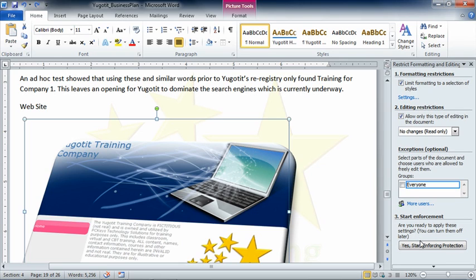And then you also can come down and say start enforcing protection, at which point we'll need to put in the password twice, just to make sure that we have it right. At that point, the document will be locked. If you want to work with it, you will need to click the button over here that allows you to stop enforcing protection, and you'll need to know the password. But this is really the way that we can get a lot of control over what happens in our document, beyond just can they open it, and beyond just can they edit it or not. Using these features allows us to more tightly control what type of editing